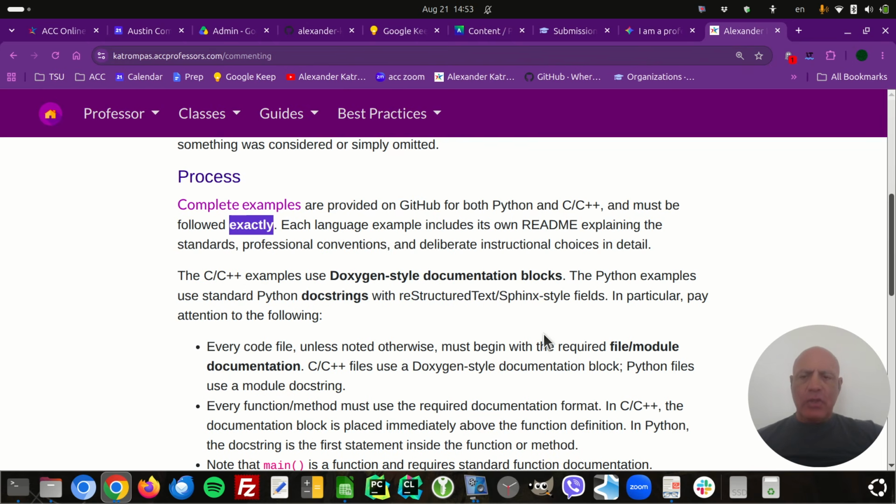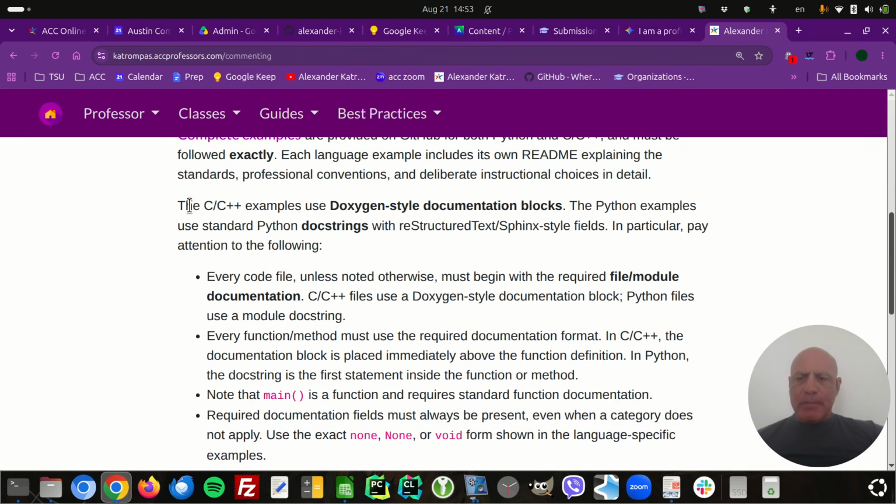You forget a semicolon, you forget an equal sign, you forget a space where it's supposed to be, you forget a tab, the whole thing doesn't work. I don't care if you have a million lines of good code. If one of those lines is missing one character that it should have, the whole thing doesn't work. Okay, so we teach exactness. So we're going to do that. I'm going to follow that concept here with doing the example, following the examples exactly.